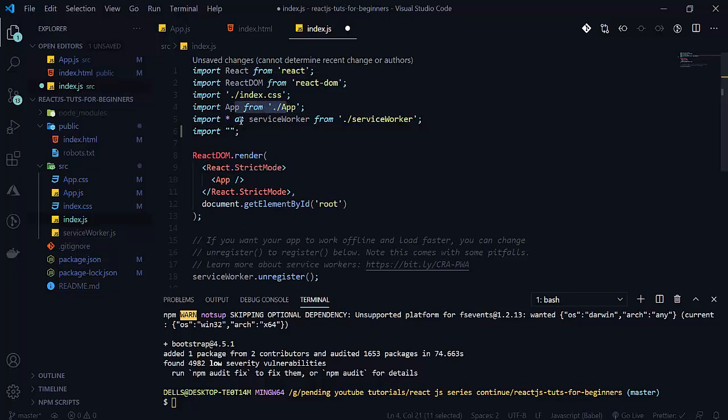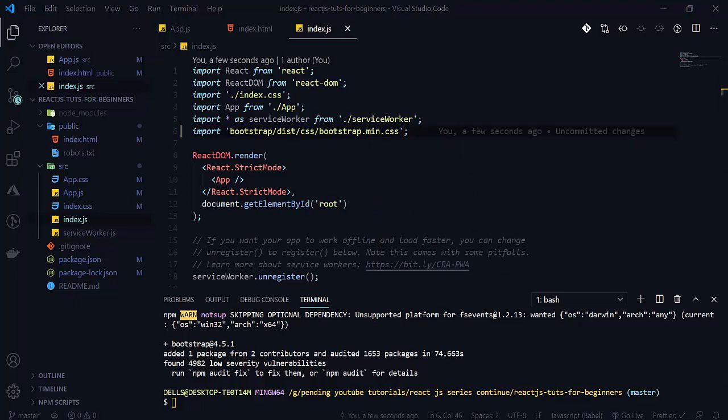We are not importing any module here; we are importing our CSS file. That will be from bootstrap/dist, then the css folder, and after that bootstrap.min.css. Save it.